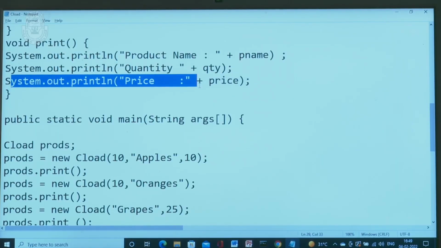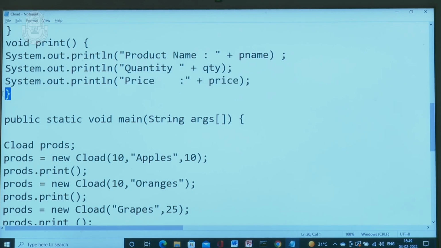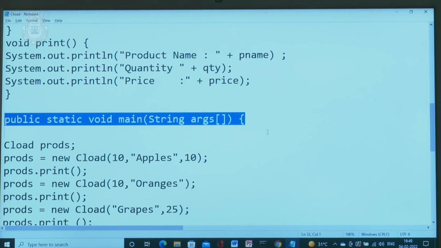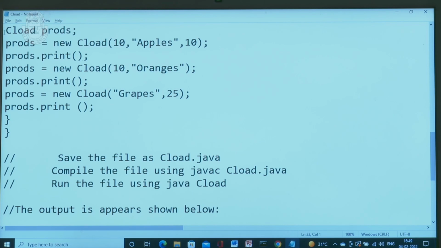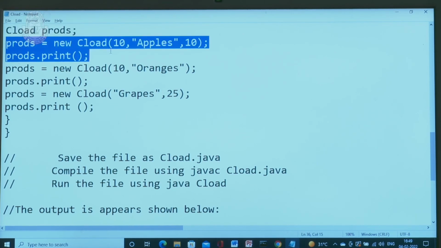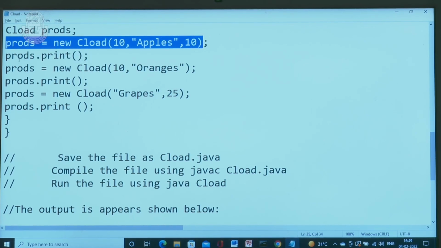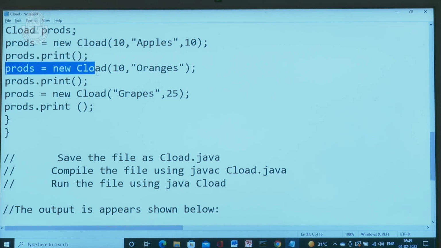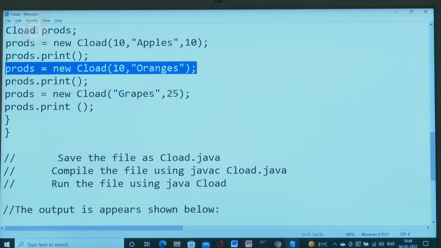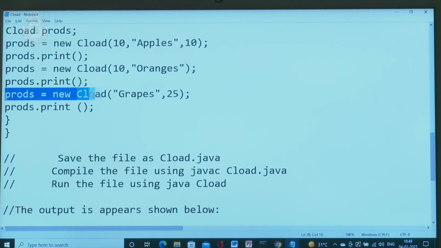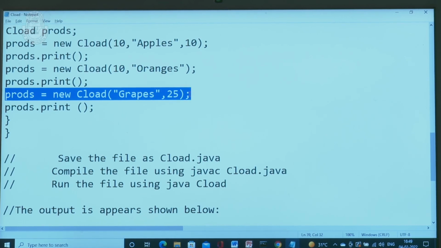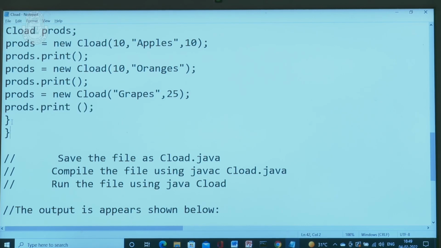void print() { System.out.println("prodname: " + pname); System.out.println("quantity " + qty); System.out.println("price " + price); } Main function: public static void main(String args[]) { cload prods; prods = new cload(10, "apples", 10); prods.print(); prods = new cload(10, "oranges"); prods.print(); prods = new cload("grapes", 25); prods.print(); }